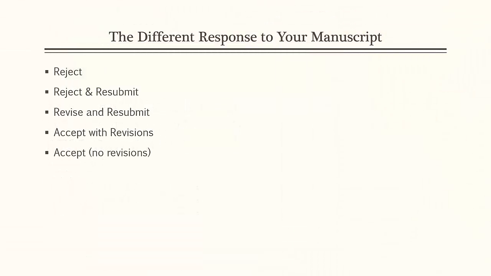All right, so quick review. When you send a manuscript to a journal, there are 4, sometimes 5 different possible responses to your manuscript, okay? So first one is reject. Reject means you're done here, game over, find someplace else, okay? We're not taking your manuscript. That's never a fun decision, but it happens.